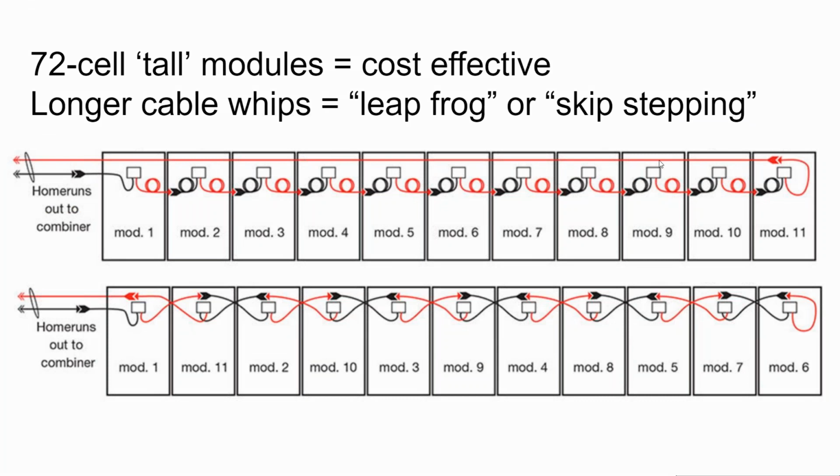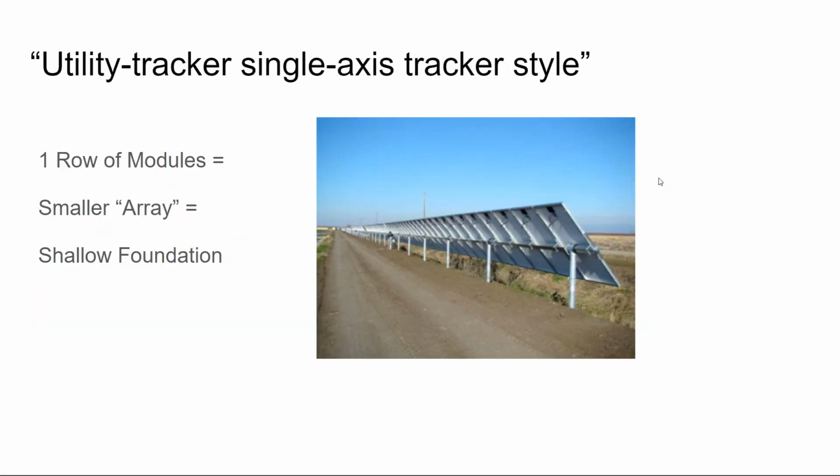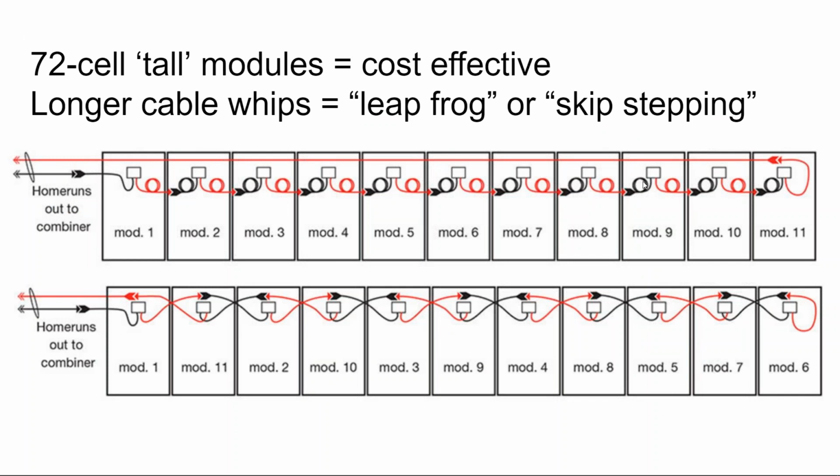Utility scale, you might have looked at on the last picture and said, well, is that really one module or two? Because that thing's super tall. Utility scale modules are about 20% taller than residential. They're just so tall, it's hard to handle up on a rooftop. But one thing that's nice about that extra length is these cable whips are designed to go into portrait or landscape. And with the taller modules, that extra 20% gives you a little bit more cable width.